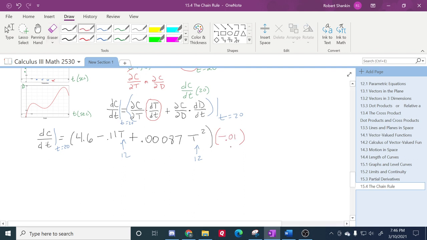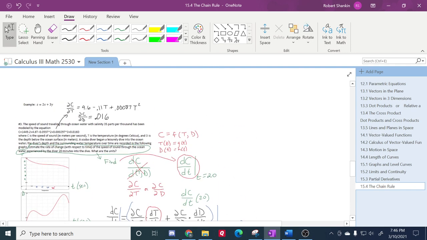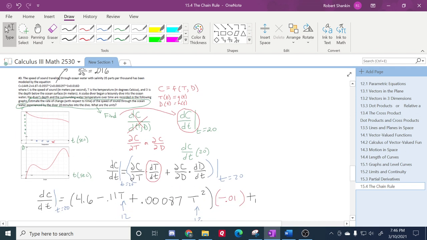It's going down very slightly. And then plus dC/dd, which was 0.016, times